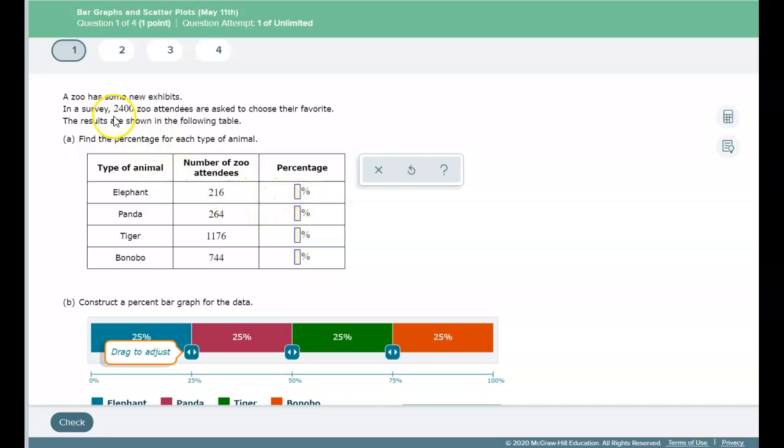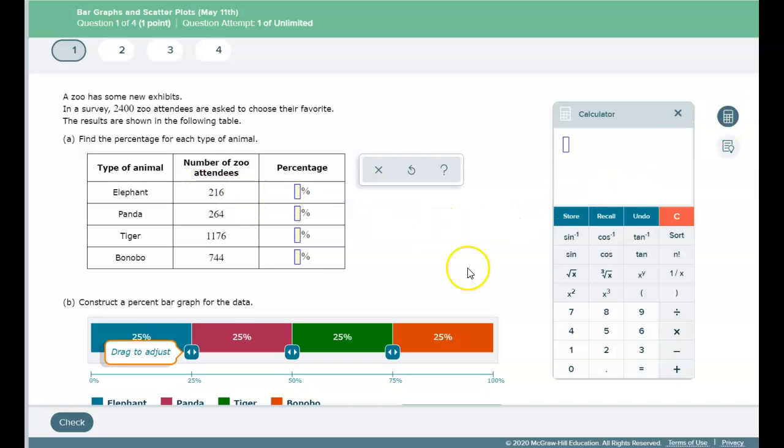So what you want to do is make sure you take this 2,400 number and then put each of these numbers into it. And these problems have the calculator, which is nice. So I'm going to open that up, and for elephant, I'm going to find their percentage first. So I always want to put the number for the animal and then the overall total, which is 2,400. So I'm going to do 216 divided by 2,400 equals